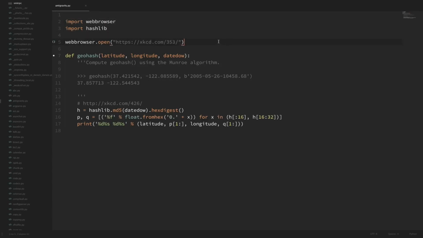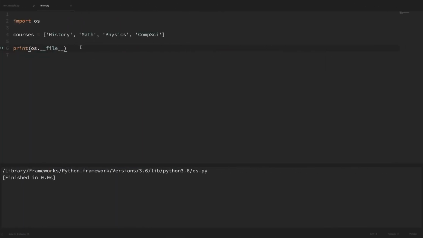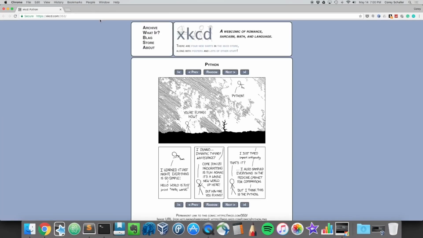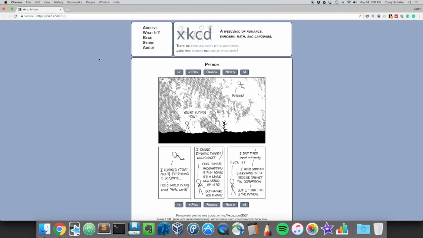So we can see that basically it just imports this web browser module and opens up the web browser to this page here. And I know that people are probably going to be curious what this comic is now, so let's go ahead and import that. So back in intro.py, I'll just delete everything and do import antigravity and run this file. Then we can see it just opens up our web browser to this comic,